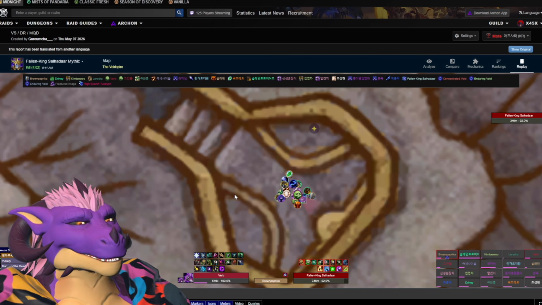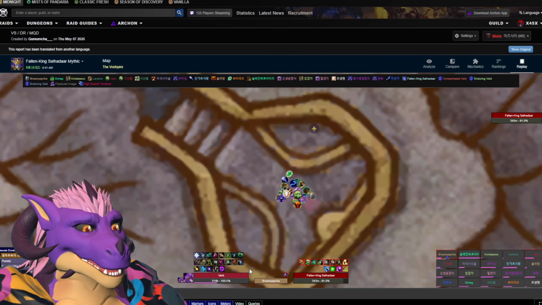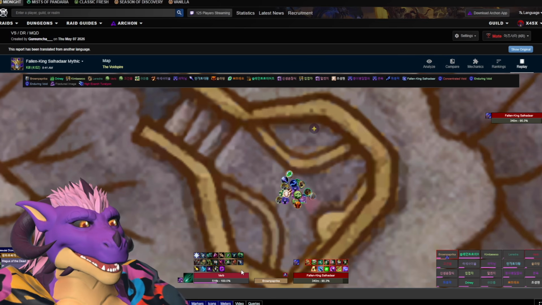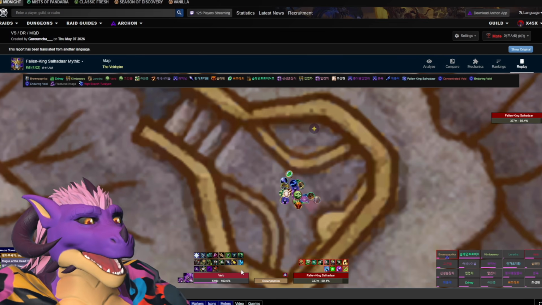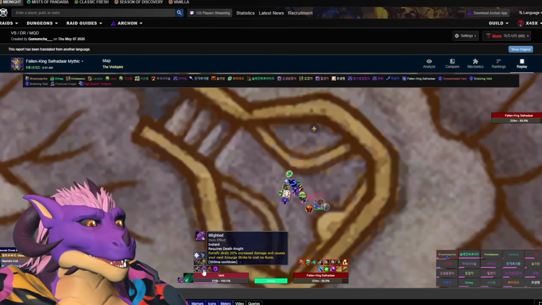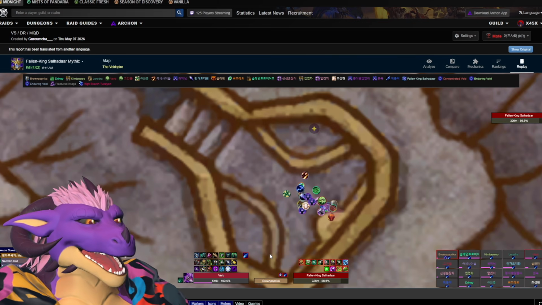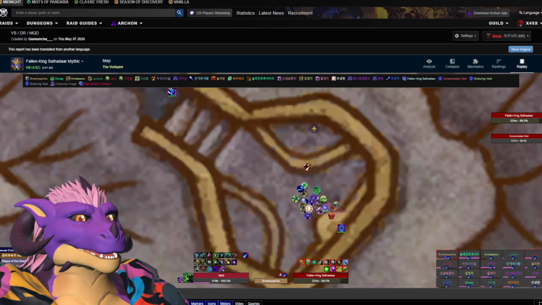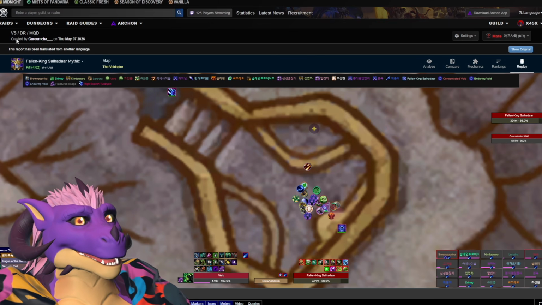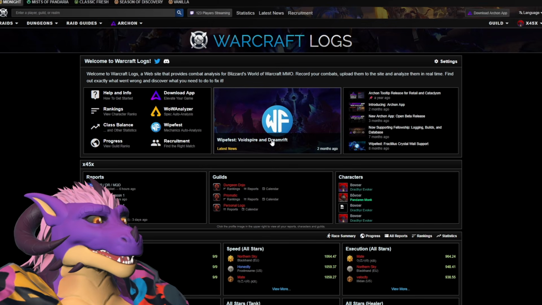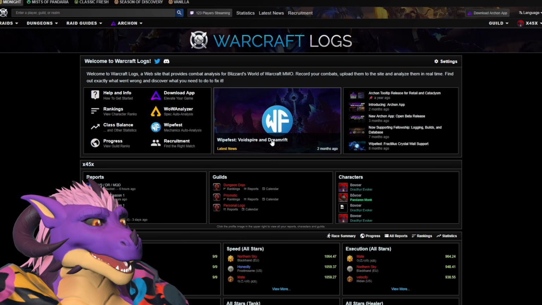And yeah, I can even track things like those Sudden Doom procs. When I see a Sudden Doom proc pop up here, I can know how important that was to Verb, or how long Verb sat on one of these versus two of these, and how quickly it was spent. And wow, look at this. I have an idea of what's going on for damage. So damage dealers, your life is a little bit easy in that regard, in that you can just follow these guidelines and start figuring out what to do.